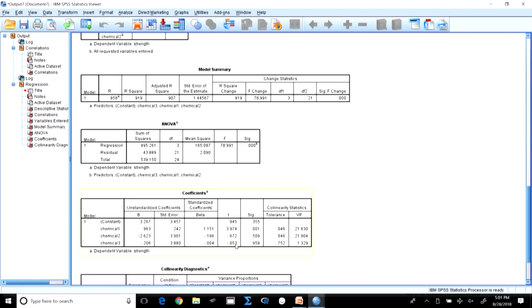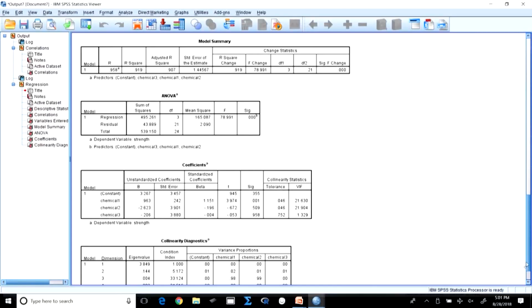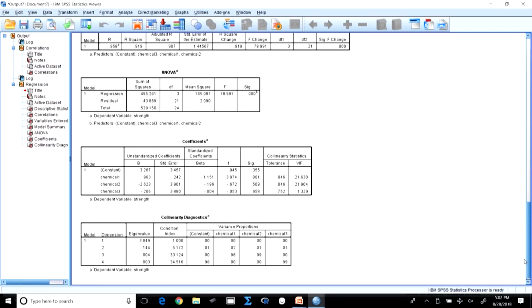But multicollinearity is a very high problem between 1 and 2, and we had seen that during the correlation also. If we go back to the correlation, you see 1 and 2 had a very high correlation among them. This is substantiated and justified by looking at the VIF. So, of these 2, I can retain only one and leave the other. This is what you do in the case of multicollinearity.